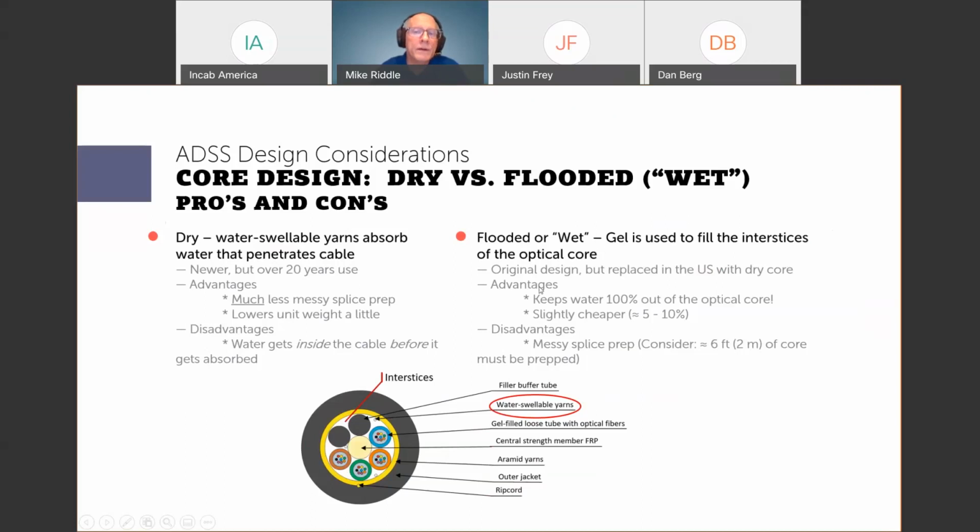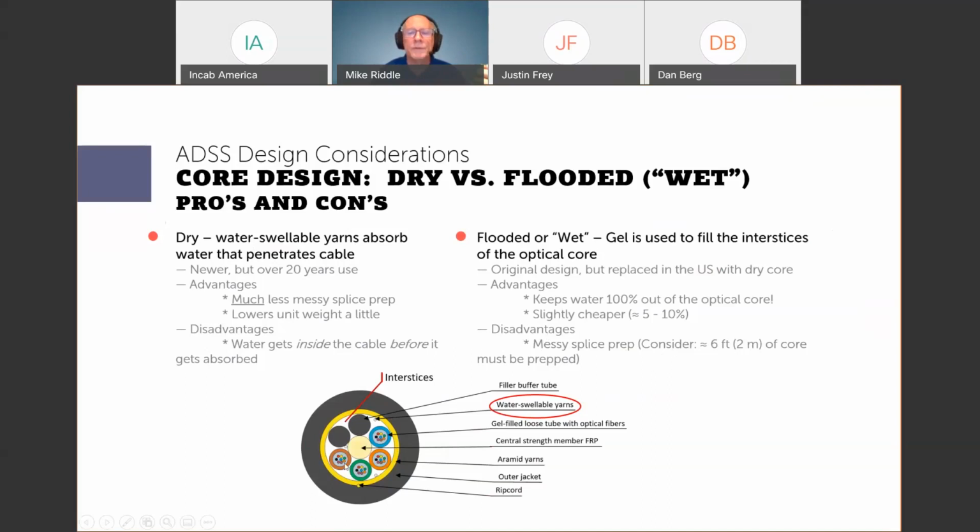It also gels cheap, 5 to 10% cheaper compared to doing a dry core. But the disadvantages are that it's messy for the splice prep. We will compare and contrast that with dry tubes in a moment. But when you're doing the splice prep for an ADSS cable, you're probably trying to prep about 6 feet, roughly